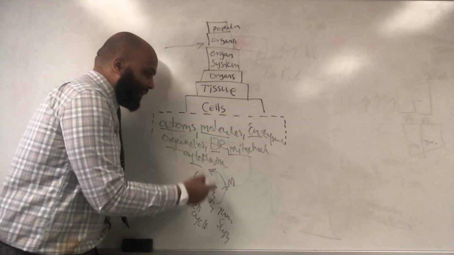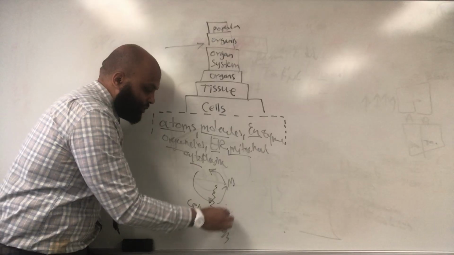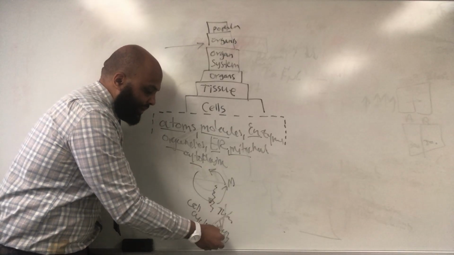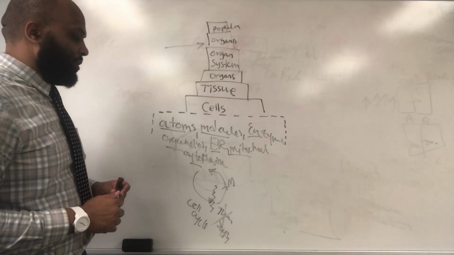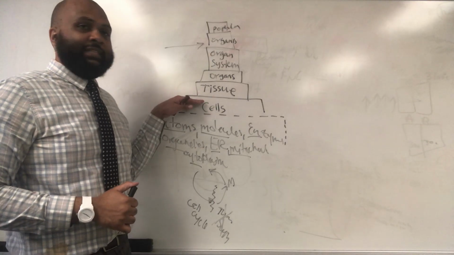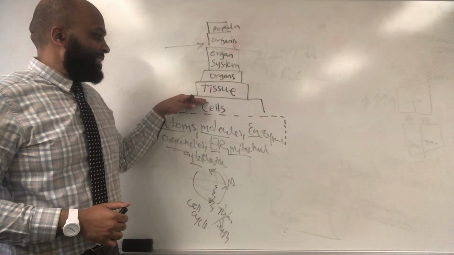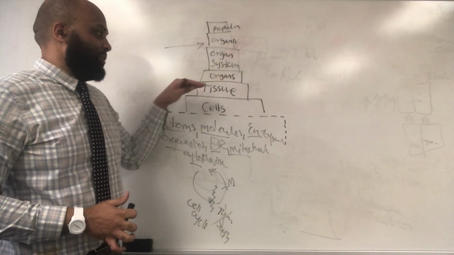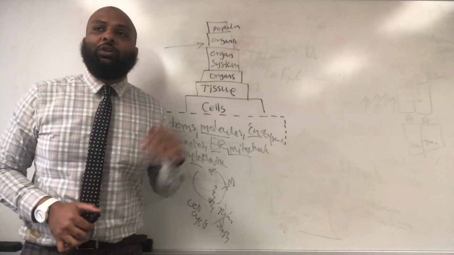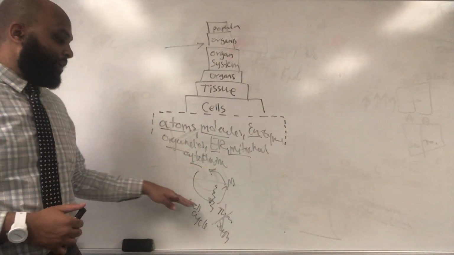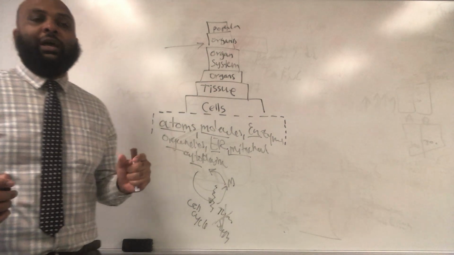But when there is a defect, a mutation that destroys or breaks these molecules, then you're going to end up with a diseased cell. When you have a diseased cell, then you're going to have a diseased tissue. Then you're going to have a diseased organ, then diseased organ system, and so on and so forth. So you must repair the problem at the level of the molecule. How can I